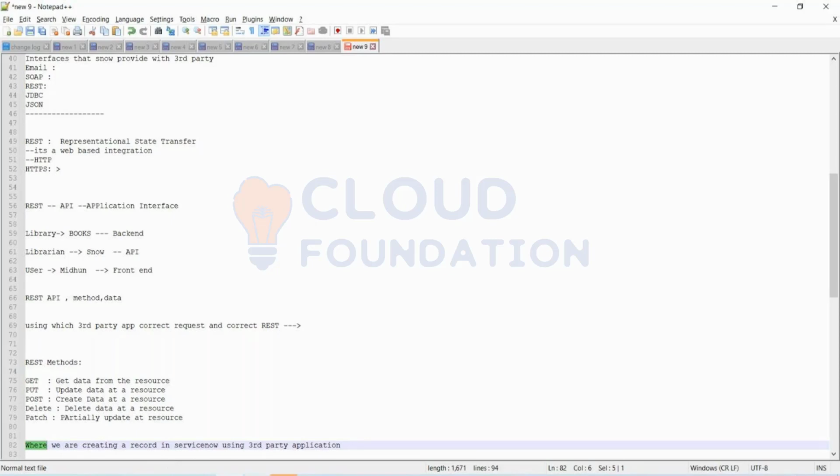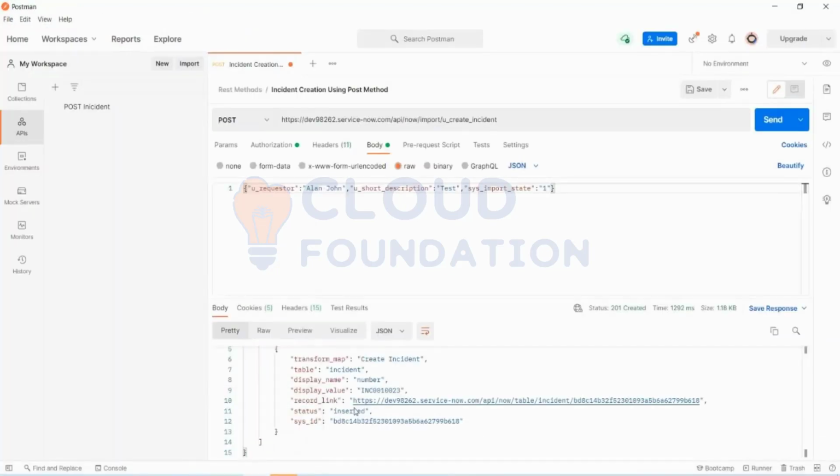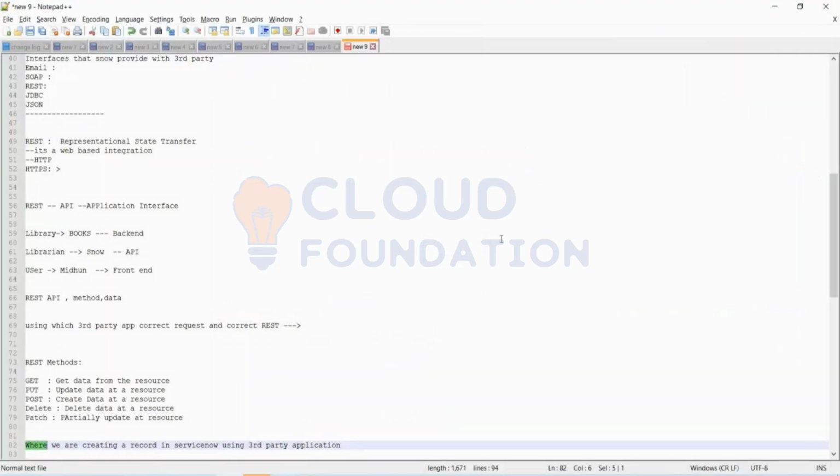So in our session today, we will create an incident using the third party application, because I have access to a third party application called this one. Let me just refresh. I was trying before and giving you all the heads up so that I didn't want it to get stuck. Let me completely close this and access this once.